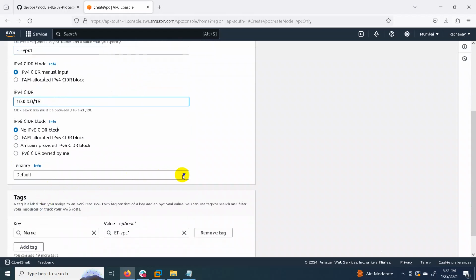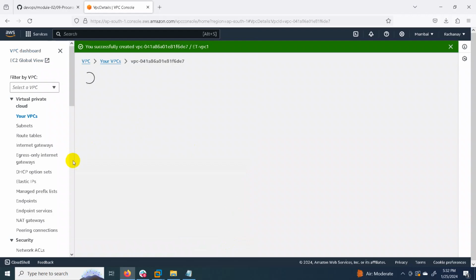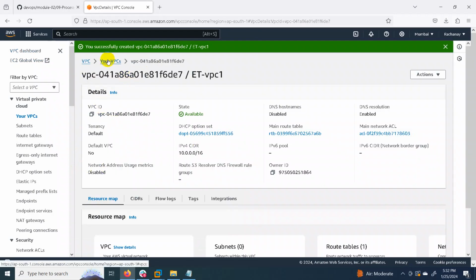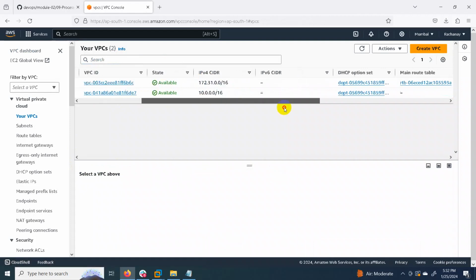Then this is the default tenancy. We are creating the VPC here. The VPC is created. You can check that the VPC is created here.